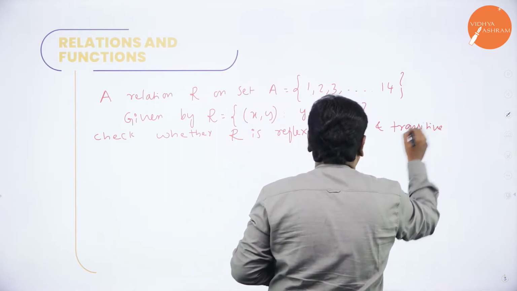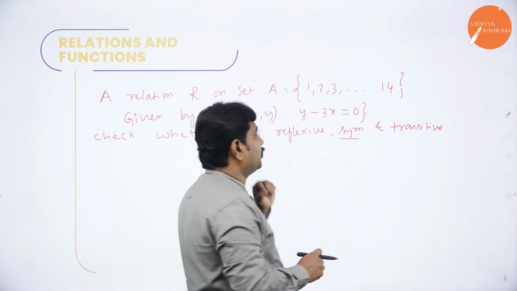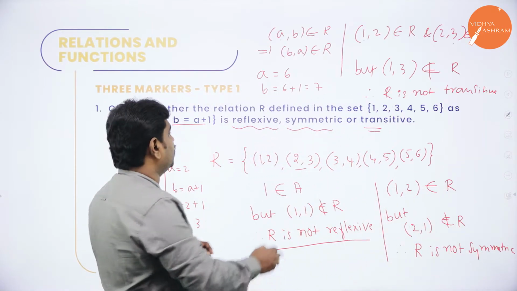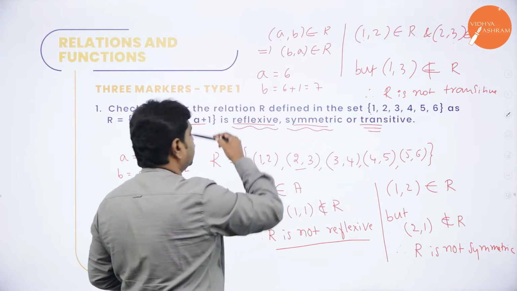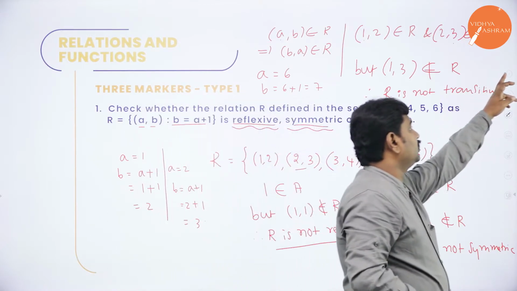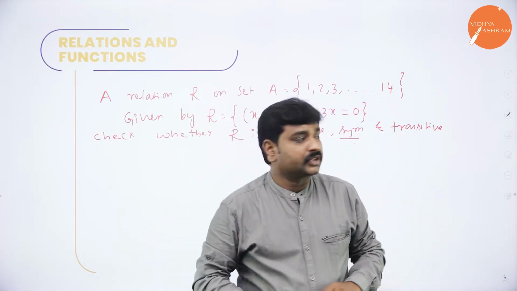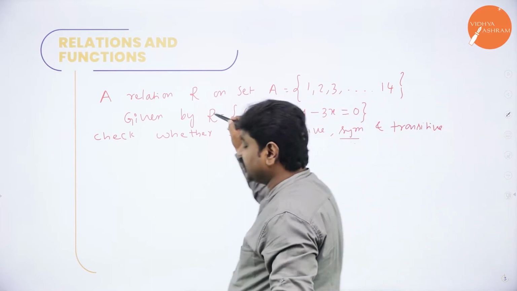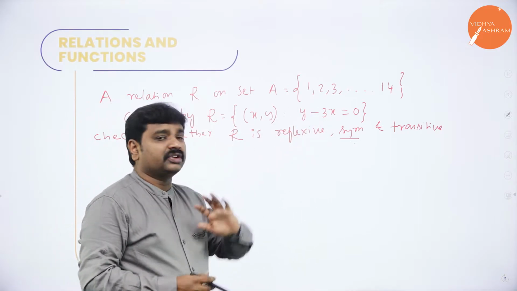I am repeating to make you understand the last problem, or to check whether you got this or not. I am trying with another problem. See, this was the problem we have done, where we checked whether it is reflexive, symmetric and transitive or not. They gave a set, they gave a relation. So same I have taken. If you observe, I have taken a set. What is the set I have taken? 1, 2, 3, 4. At the same time, I have also taken a relation. And what is the relation I took? Ordered pair (x, y) such that y minus 3x equal to 0.